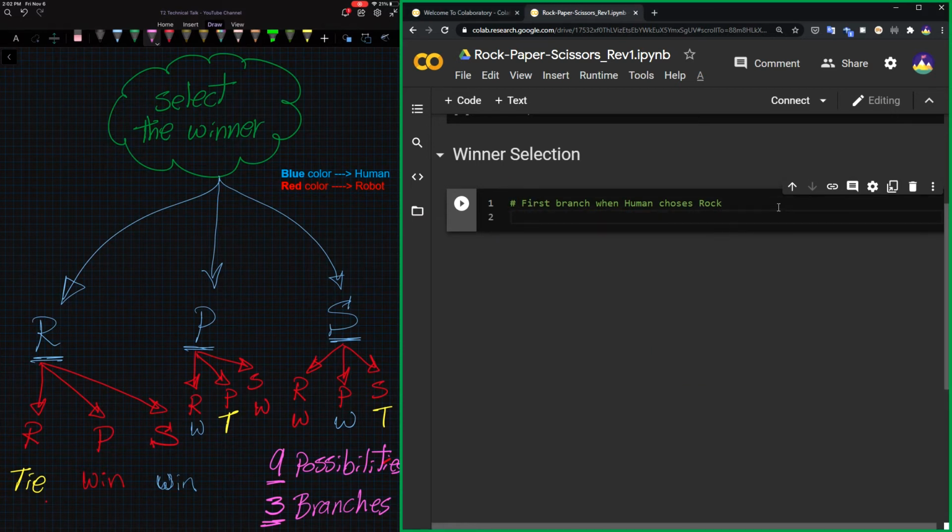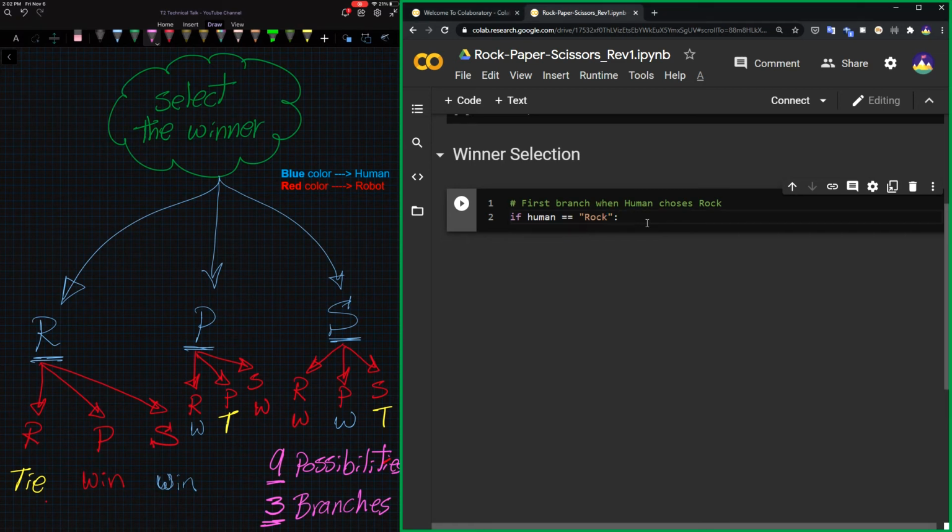Make a new code line and type the if statement: if human variable is rock. Please note the colon at the end of the if statement line and the if condition, where the double equal sign means the question: does the human variable contain the string rock inside it or not? You may review the if statement structure and types in previous videos. The link is shown now in the right upper corner of the screen. The comparison statement was explained in an earlier video in this course as well, and the link is shown now in the right upper corner of the screen.